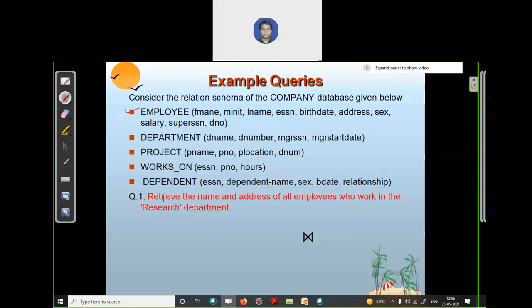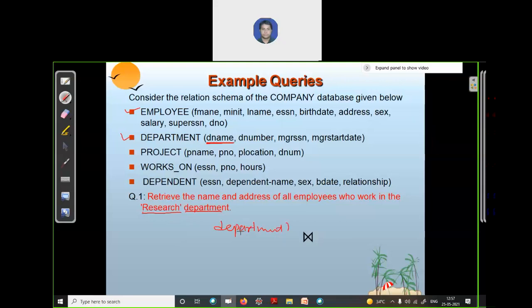First, it is asking for the research department, the department having the name research. So which attribute has the department name here? Okay, so we will apply the operation on department. So first let me write the query.